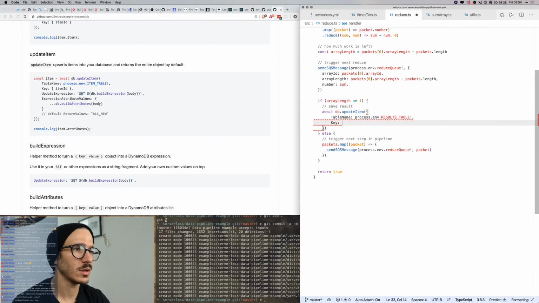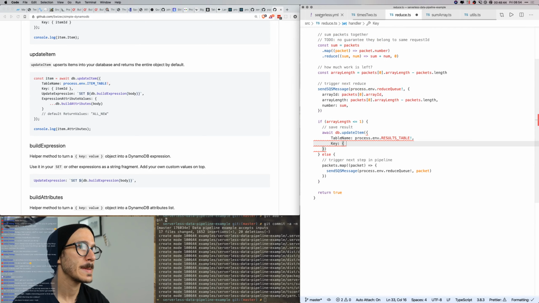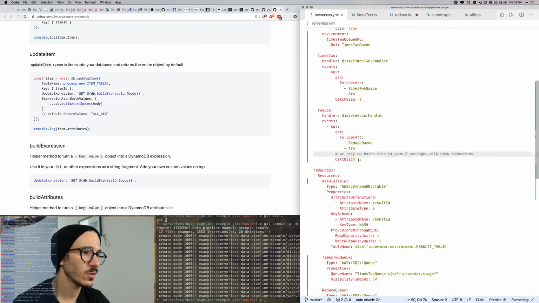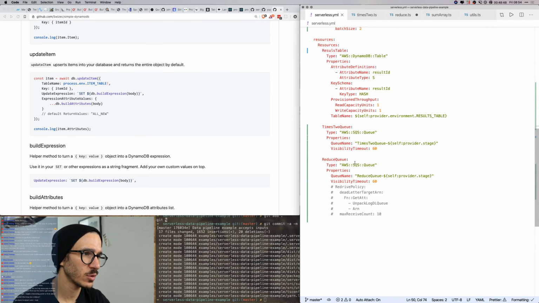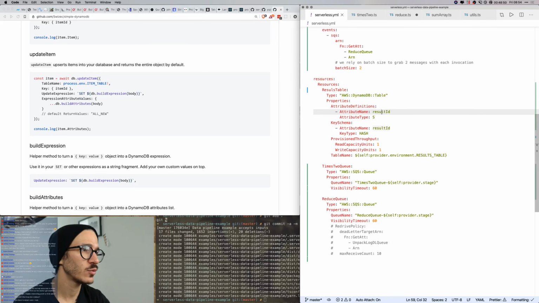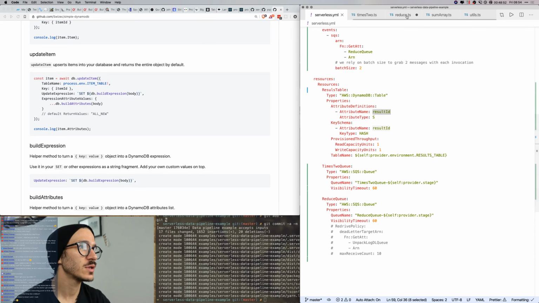and we're gonna need the key, which is going to be process. We said here we have request ID, but we should change that to be, oh, result ID. Perfect. So result ID